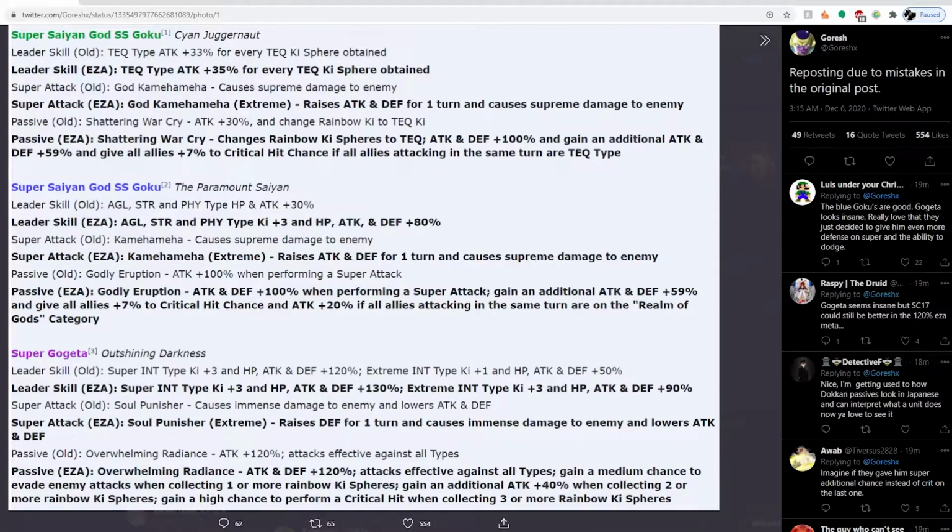Let's just talk about Gogeta first. First and foremost, let's talk about Gogeta because I think that's what everyone wants to hear first. So, he goes from the old leader skill, just 120 and a 50% to extreme, to 130 and a 90% and 3 Ki to extreme. So we already knew this is similar to all the other 120 EZAs, so good stuff for a